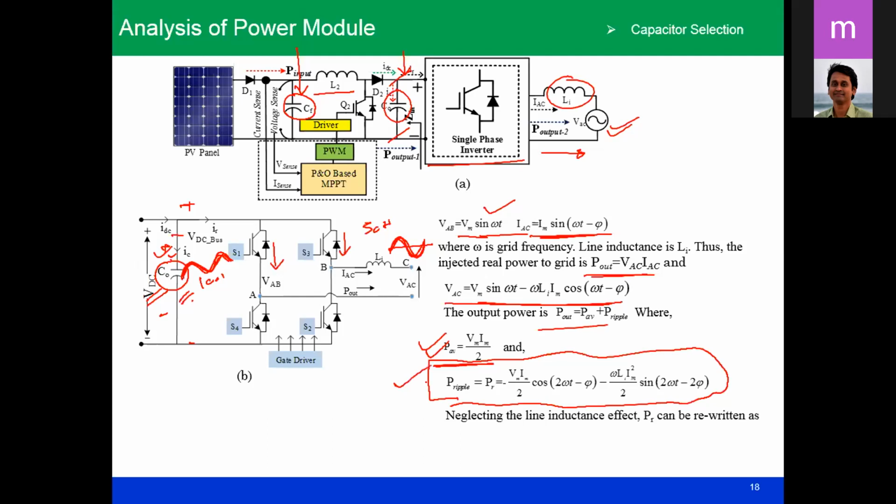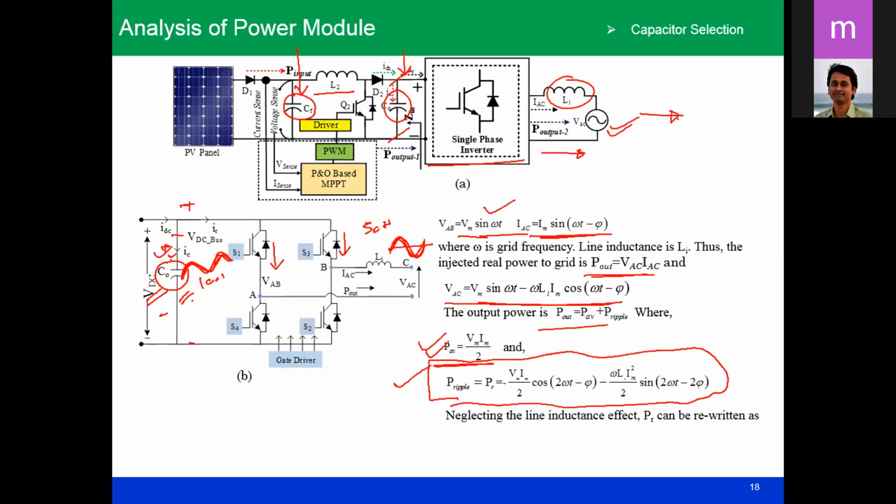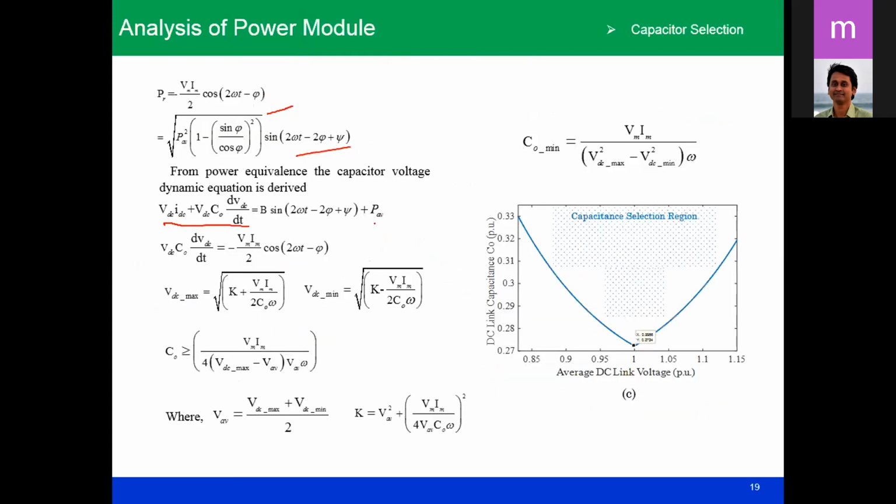Now you have to just analyze the ripple power, and you have to find this dynamic equation. Let me go back to the slide here. So this is the DC current, here the capacitor current, here the load current. You see that the input current IDC is equal to the capacitor current plus the load current, and if you just write this equation, then you have this first order differential equation.